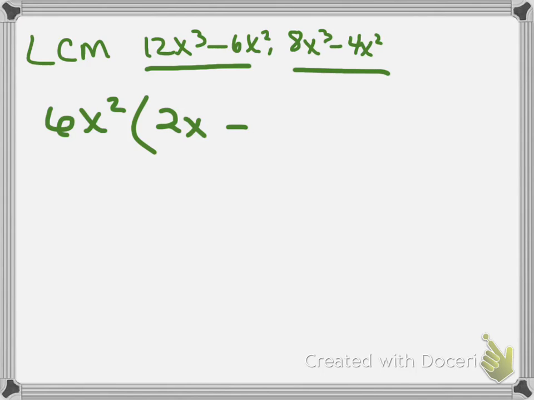Careful. So 6x squared times what gives me 6x squared? 1. Very good. Sorry, so minus 1 is all right. So that's my first one. And now I have to factor this second one. So then 4x squared, 4x squared, and then you'll be left with